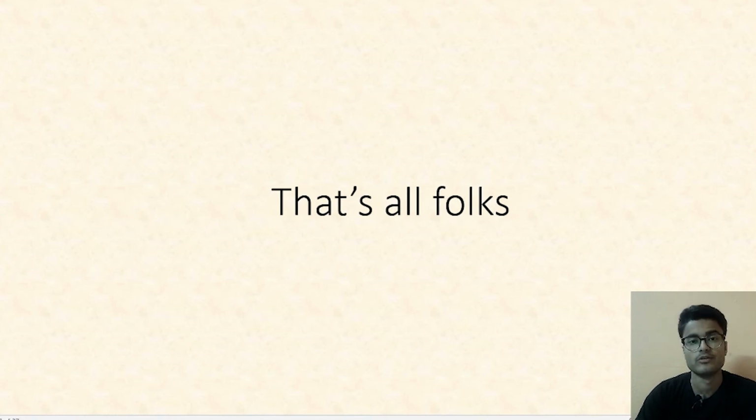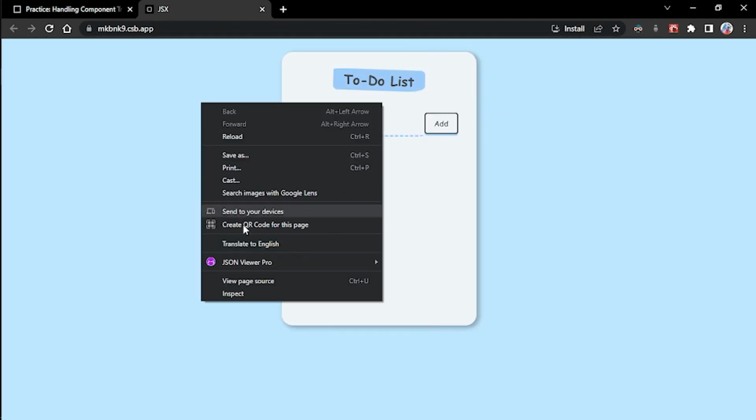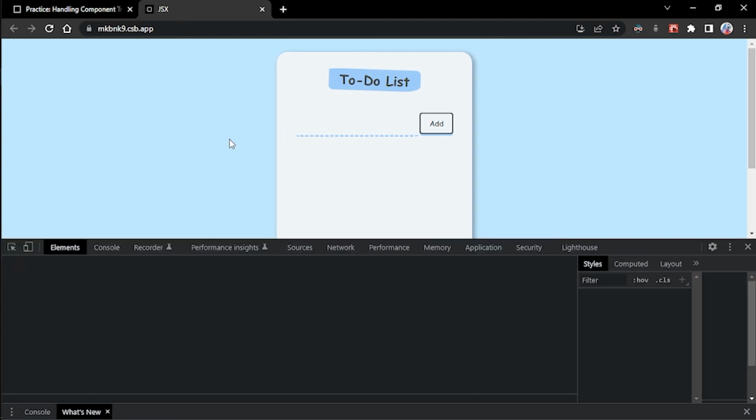I hope you were able to understand what we saw. It was simply a little challenge that helped you to get the concept of managing a component tree. And let me show you one more thing in here. I think we forgot to analyze the current state that we have created in here. So if I open it inside an external